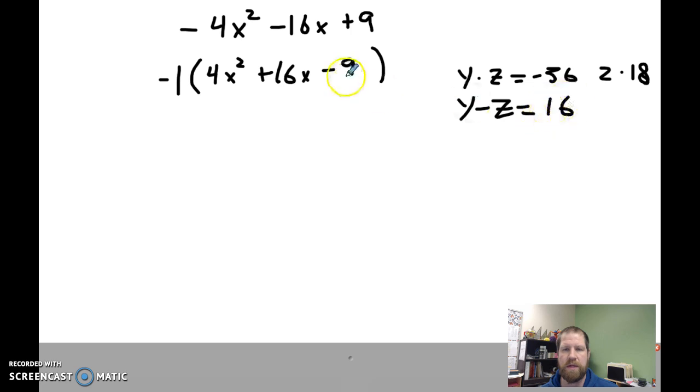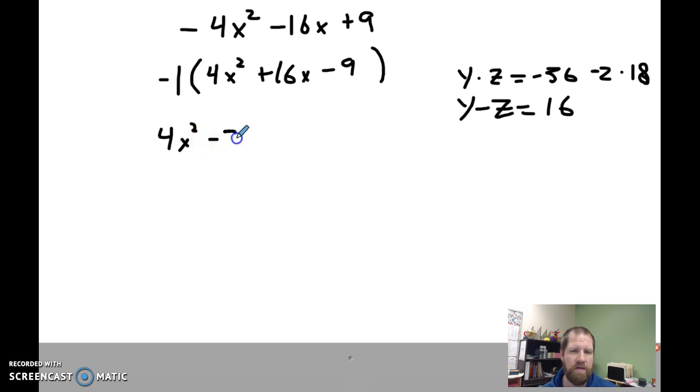Because this is a positive 16 now, and like I said, I don't even have to worry about this -1 on the outside. For the polynomial I'm factoring, this is a positive 16, so that means this is going to be a -2, but a positive 18. Get my four terms, 4x squared, and because this is a minus, this is going to be a negative,